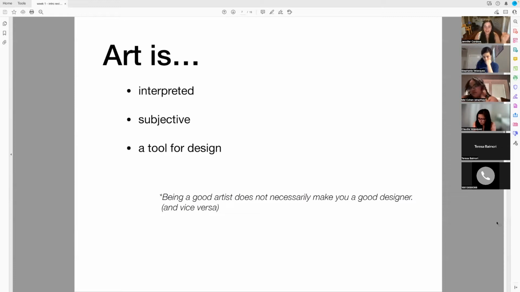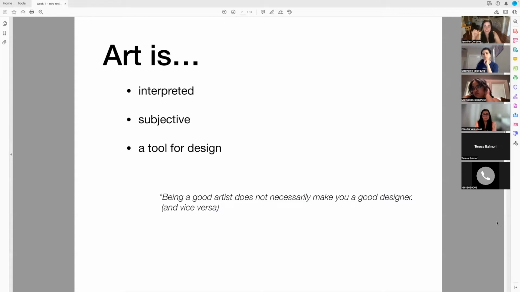However, we use art in design because it's visual. So you'll be using things like illustration, and these two things definitely cross over. I just want you to understand the difference. And I feel like it should instill confidence in you if you feel like you're not a good artist or you can't draw. These are things I hear all the time. This isn't an art class, it's a design class. So you can tailor your designs to your own individual skill set and come up with ways to communicate without having to do something elaborate or draw something really detailed.